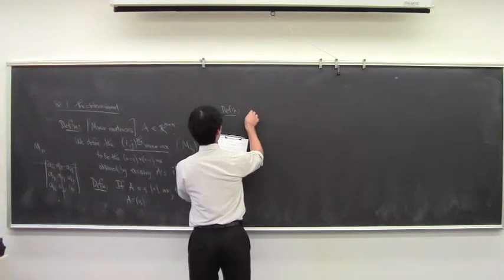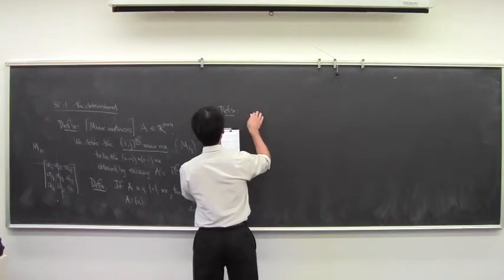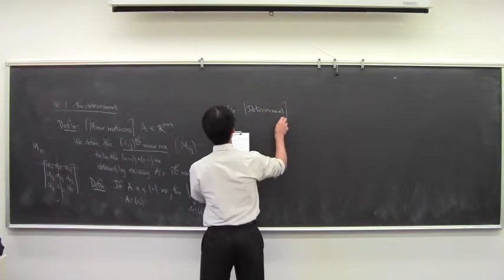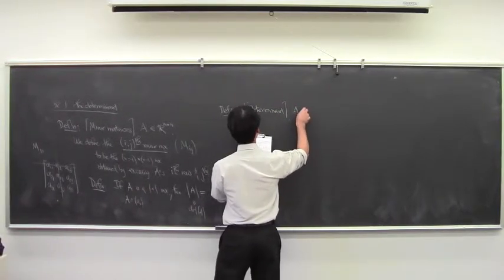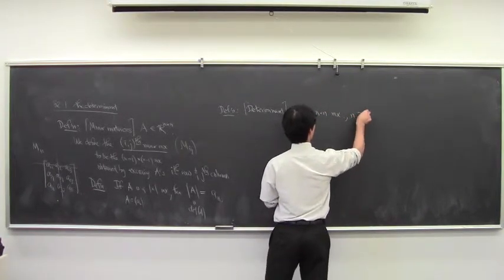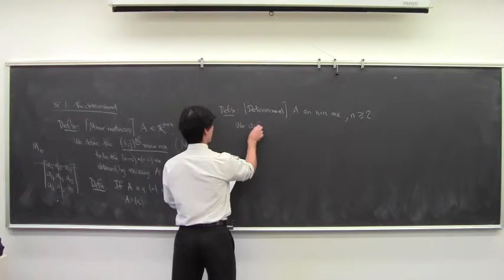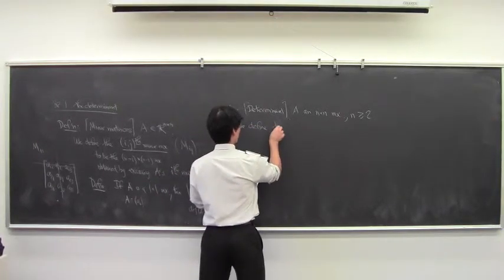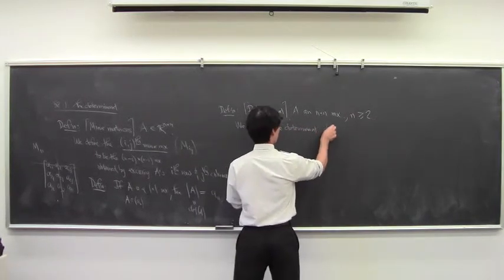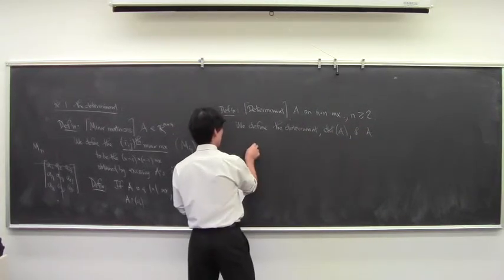So for a 2 by 2 matrix, so A, sorry, in general, not just for 2 by 2. So if A is an n by n matrix with n bigger than or equal to 2, then we define the determinant of A as